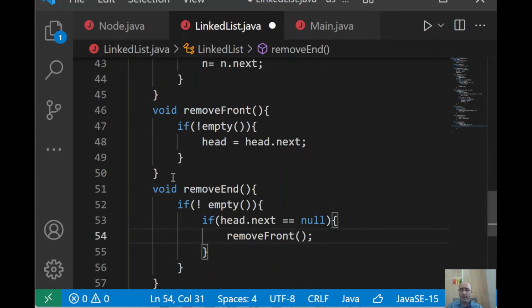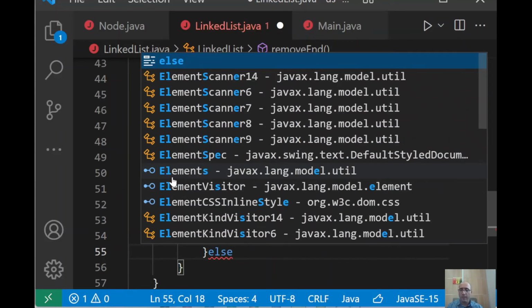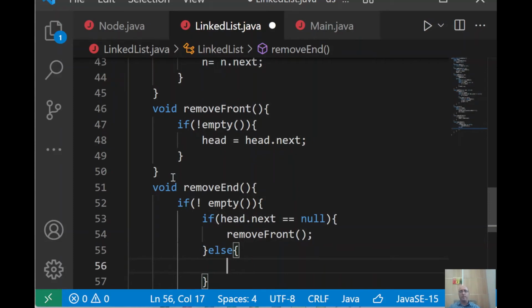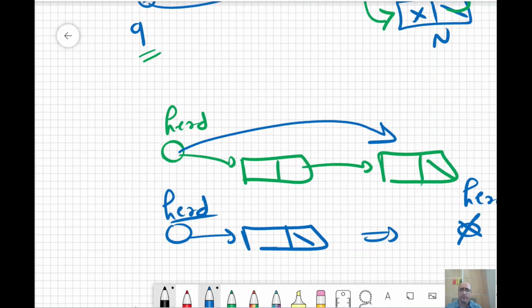Else, we have to browse all the list, and in this scenario to remove the last element,